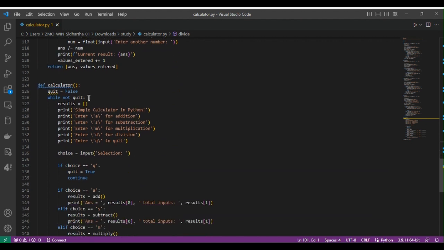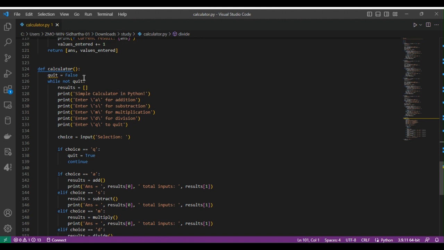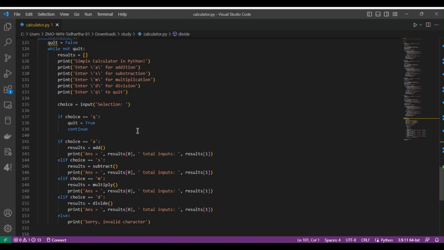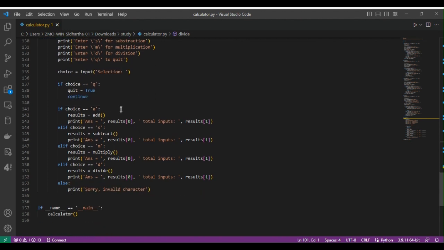Now if you jump onto this calculator method, initially we are assigning this quit variable as false so that we can enter into this operation, and this while loop is used to display the menu to the user, showing what operations are available in our calculator program. If the user has given the choice as a, then we call this add method and do the respective addition operation,